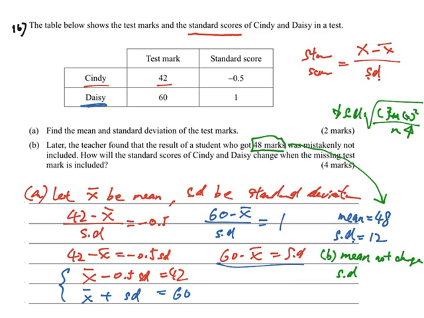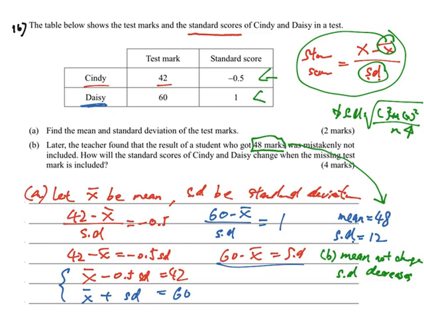So for the standard score, the mean has no change but the SD changes, so it will affect both standard scores. For Daisy first, the mean has no change and the SD decreases, that means